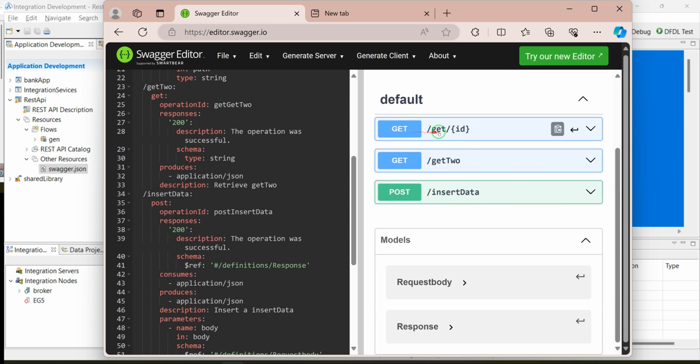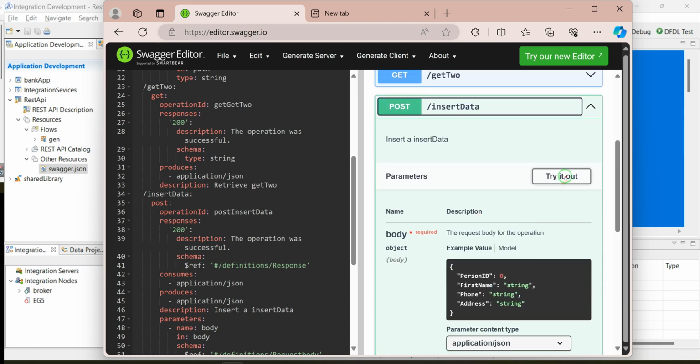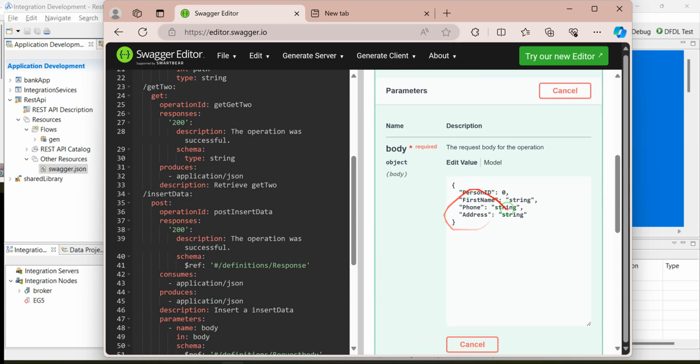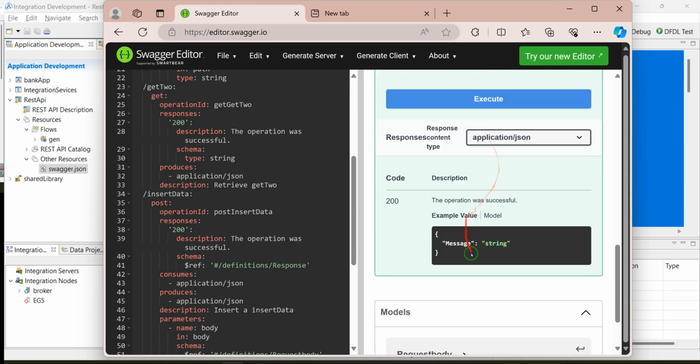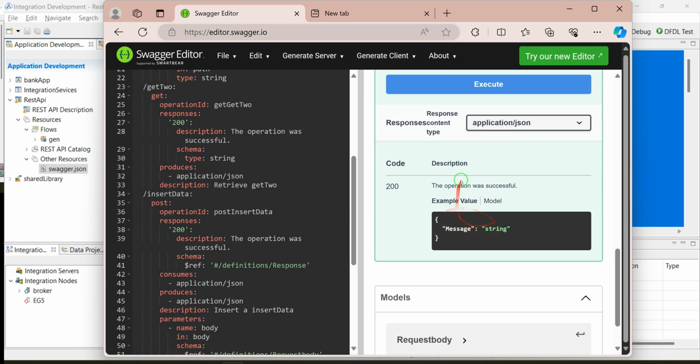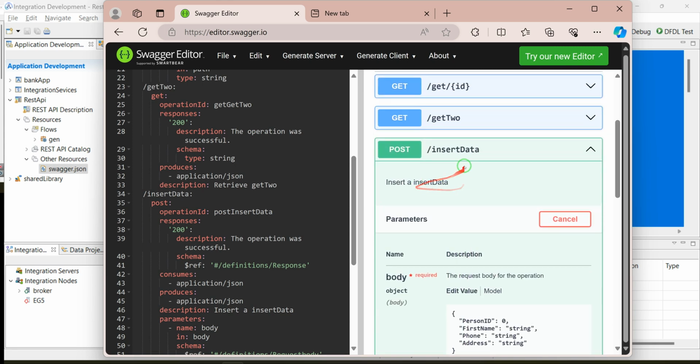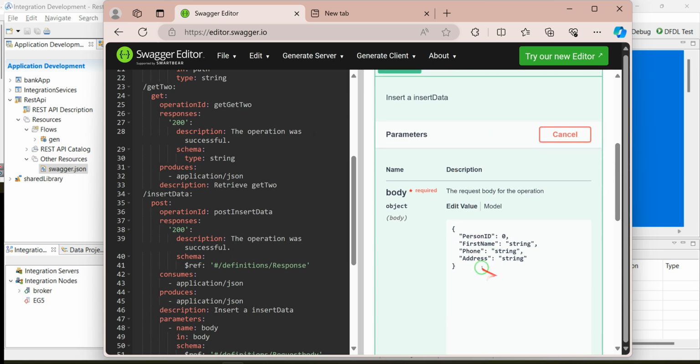See, it's a get with the ID and a parameter, and get and post. If you want to try it, open it and say try. You see our body looks like right here. Our body will look like this, and our response will be like that. And our parameter is, see, insert data. That's our endpoint URL. So we will copy that one